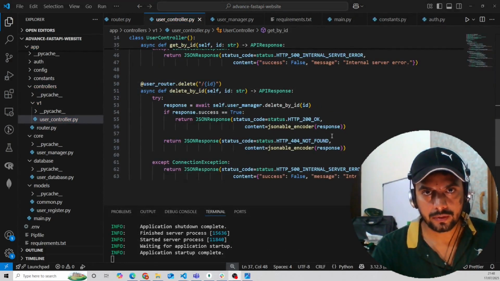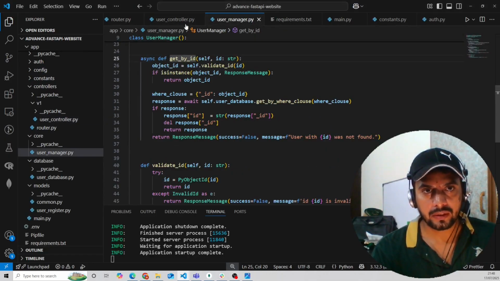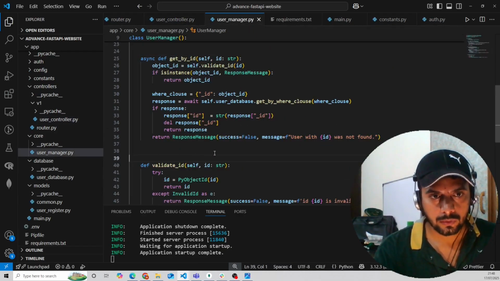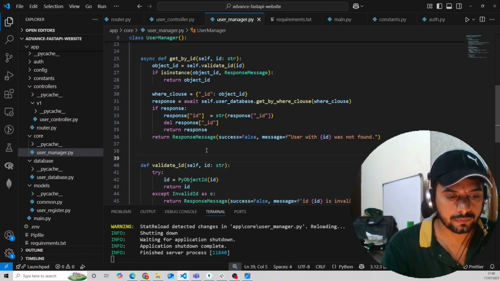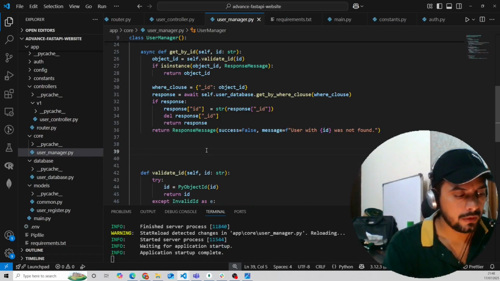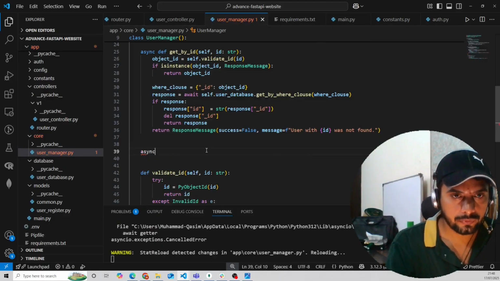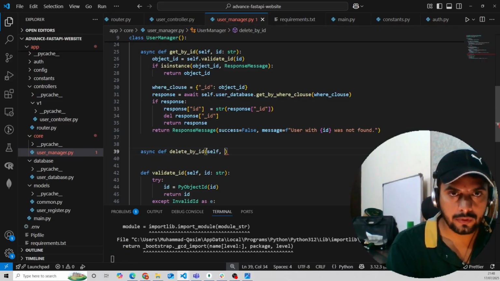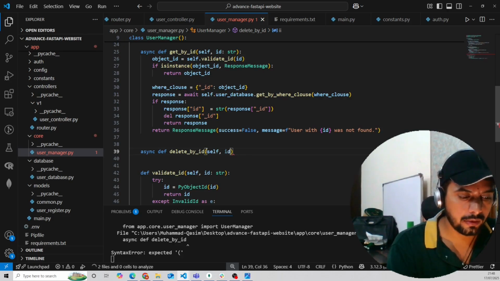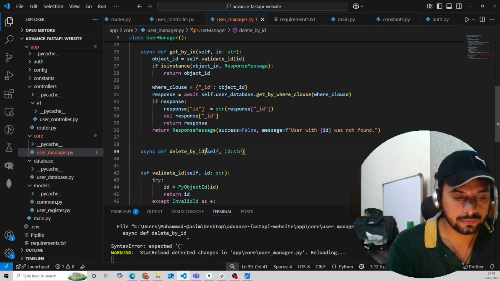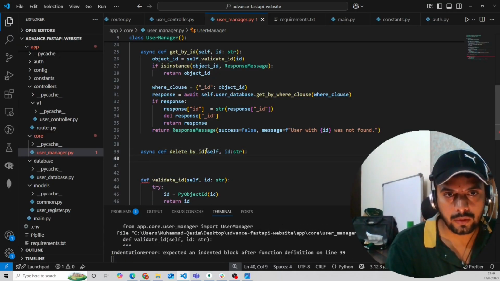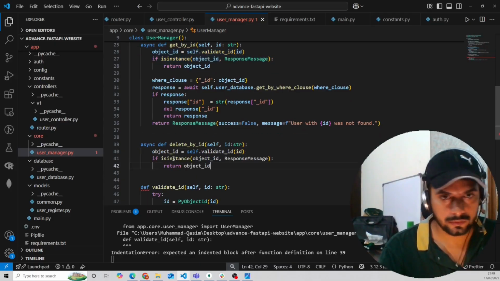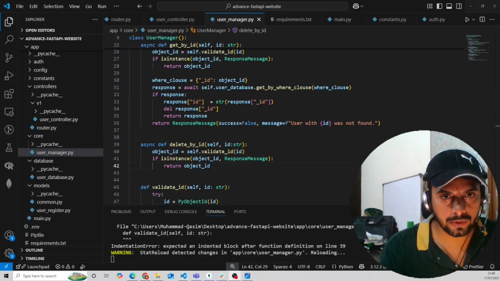Now we will go towards the user manager. We will create a function there named delete_by_id. We create this here. Async define delete_by_id(self, id), and id should be a string. We will convert this into ObjectId first. We have converted this to ObjectId,